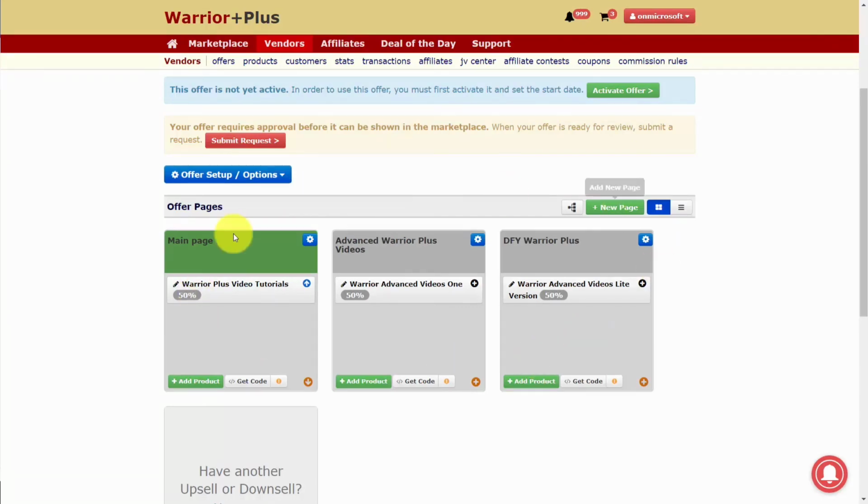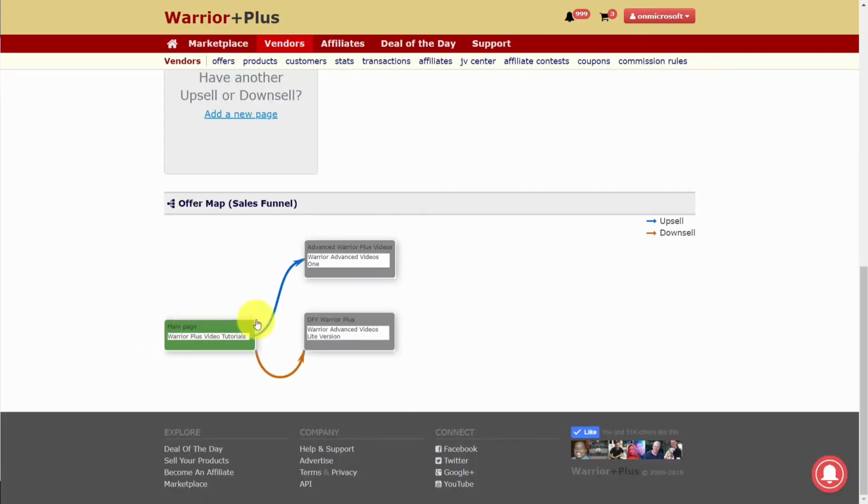Now you'll notice that our message has gone away. What we want to do now is make sure that our funnel appears the way we want it. So we're going to click this button. And our offer appears the way we want it, so that when the person purchases this product, they'll then see